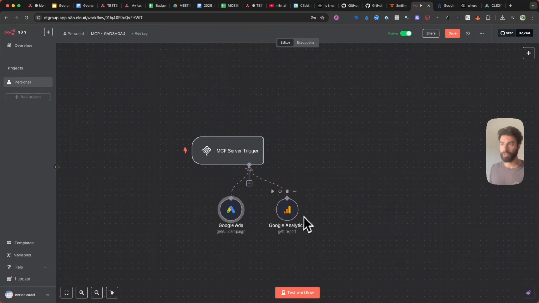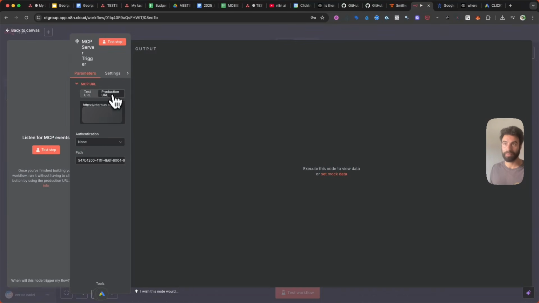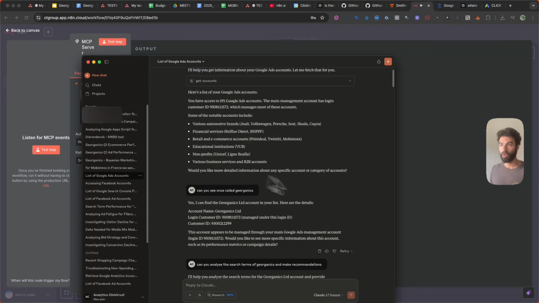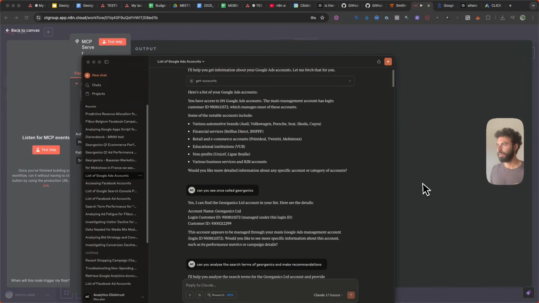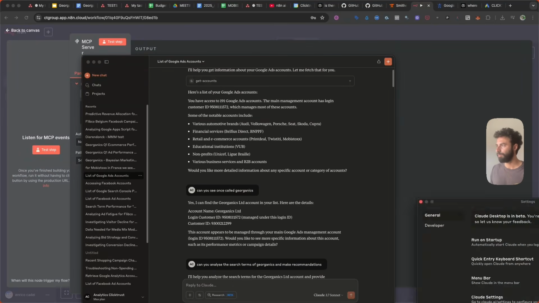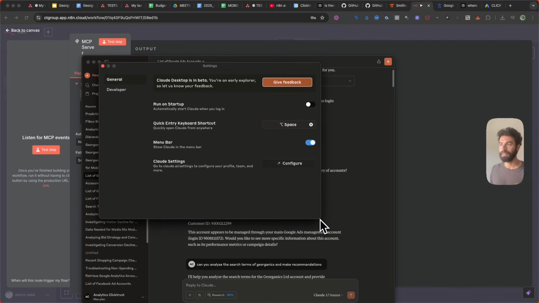Once this is done, I'm not going to talk about GA4, but once the Google Ads is done, remember I said the only thing that we need here is the production URL. So we copy the production URL. You go into Claude. If you're on MacBook, you just click on command comma, and then you have access to the settings. If you're on Windows, you can go on File and then Settings. You go into the developer tab,